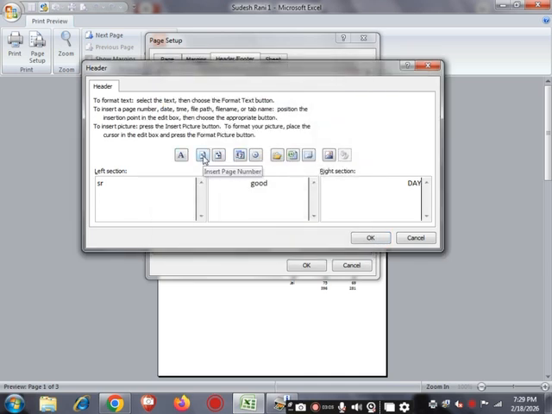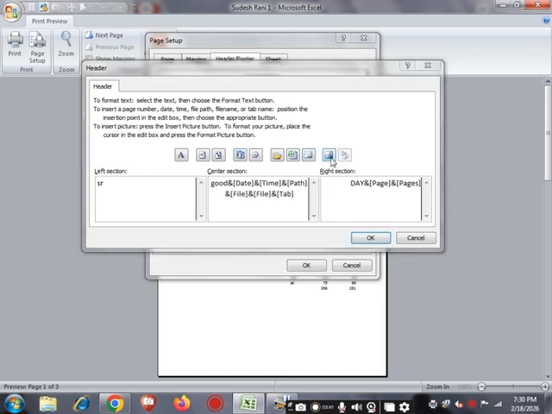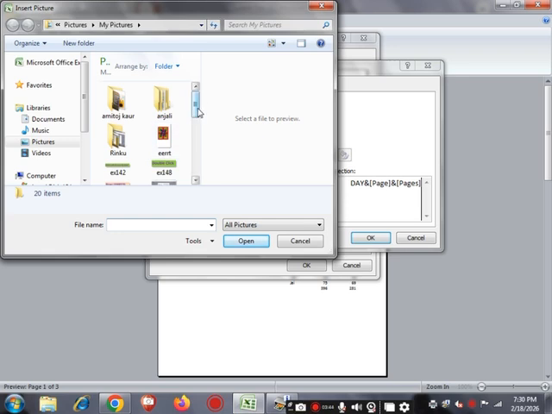Next is insert page number. If you want to insert any page number, or the number of pages, however many pages we want, then we can use this. See in the right section, the preview area. Insert date, if you want to insert a date in our header. Next is the time. We can also add the time in our document. This is the file path. If we need the file name, we can add it. And all these options we will discuss in the header footer menu bar. When we discuss the insert menu, then we will discuss all these things in depth. Now we will just discuss briefly.